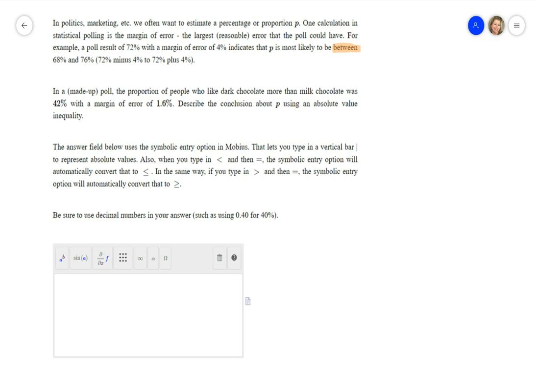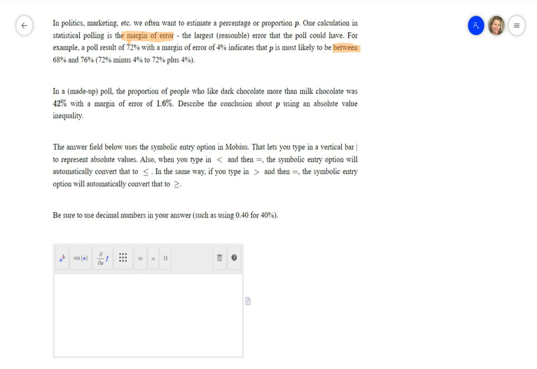So, in politics, marketing, etc., we often want to estimate a percentage or proportion, little p. One calculation in statistical polling is the margin of error. That's what we're going to be dealing with here: the largest reasonable error that the poll could have. For example, a poll result of 72% with a margin of error of 4% indicates that P is most likely